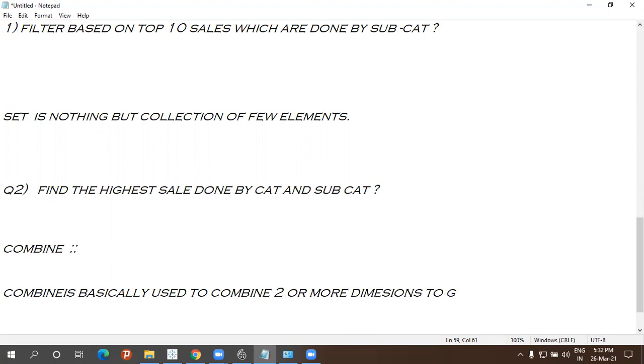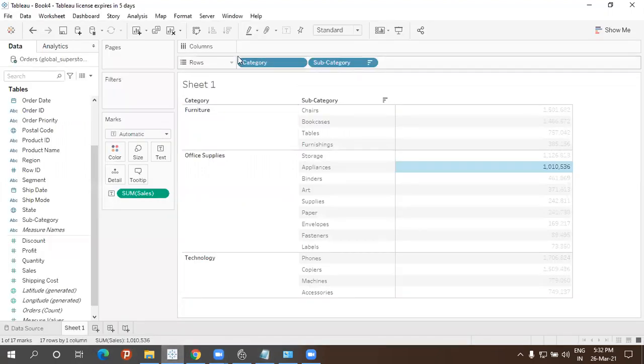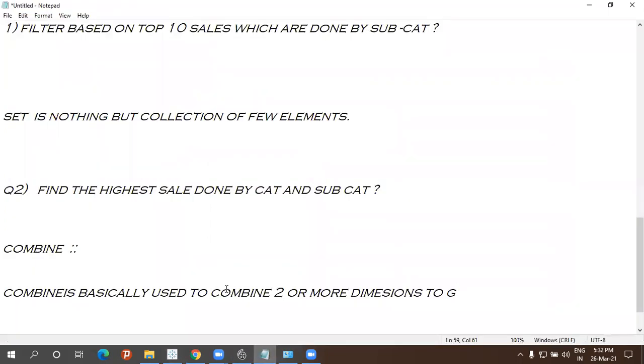But what we've done is we have taken three things in one order. Okay. So here we have only two things in the rows, two dimensions in the rows itself. I want to merge the two. Nearly the same thing as what we have done, but in a different way. In a textual format also we can say it, it's like 80% the same thing, but not exactly. There's a slight difference. You can see how it varies. So basically it is used to combine two or more concepts together.